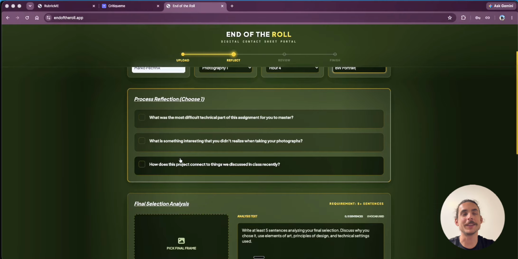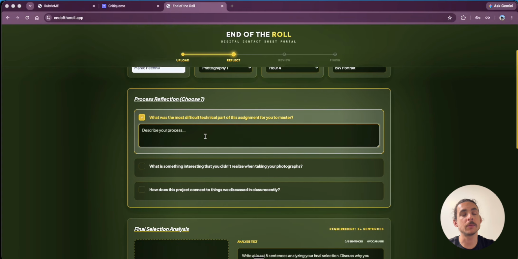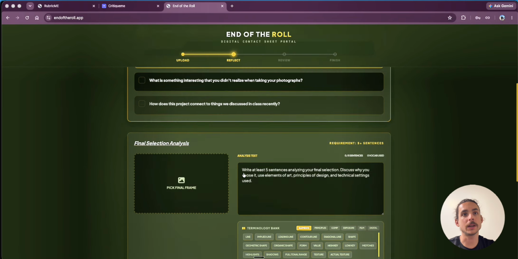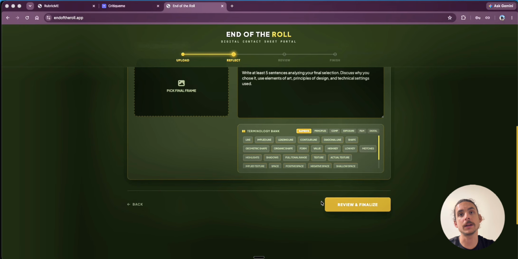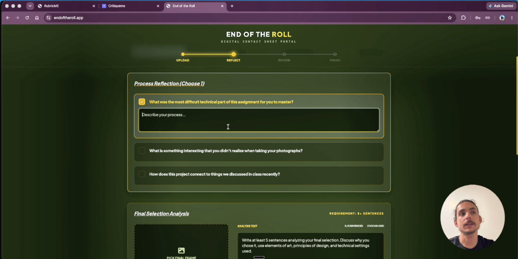But the really cool thing about this application, or applications that you create, is that you can have this create requirements. So for example, maybe you require a complete sentence. You can embed this so that when they go to review and finalize, the AI checks to see if this is a full sentence or a complete sentence, or if they even filled it out at all, and it doesn't allow them to proceed unless they have everything filled out. So let's just say the most difficult part